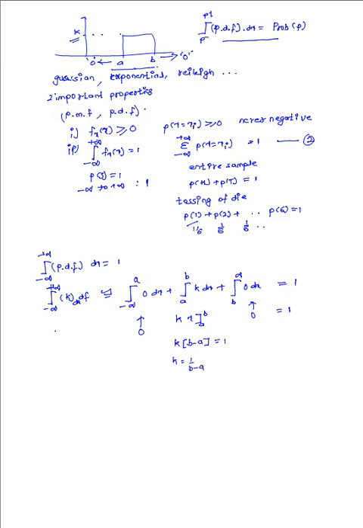So this way we obtain the value of k as 1 by b minus a. This is for the probability density function using an example of uniform probability density. So let's go next. We have obtained the value of k. Now let us see what is